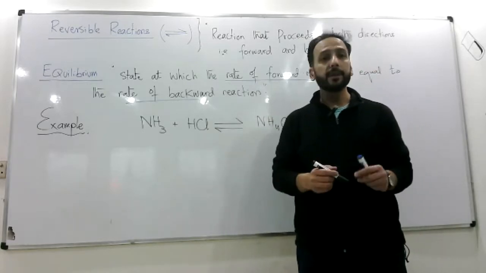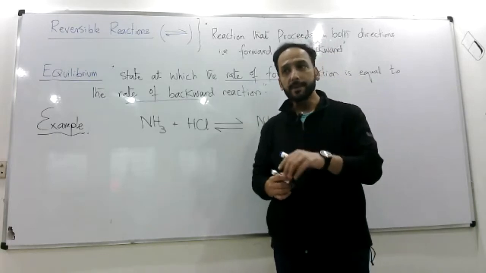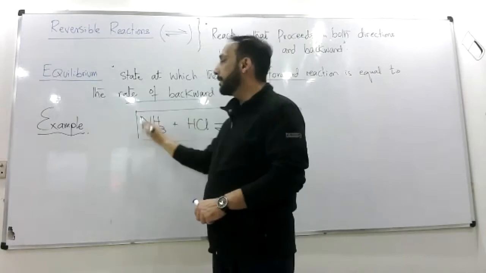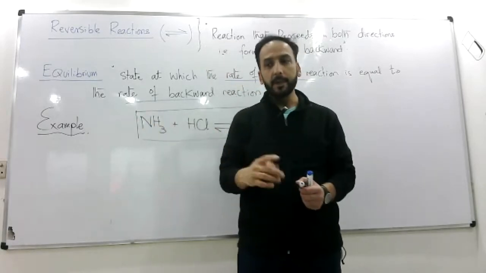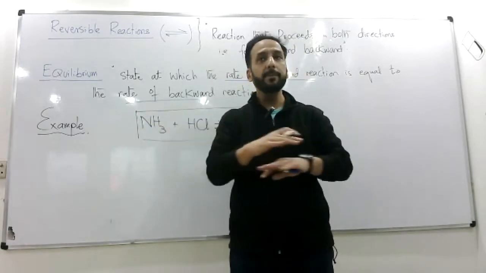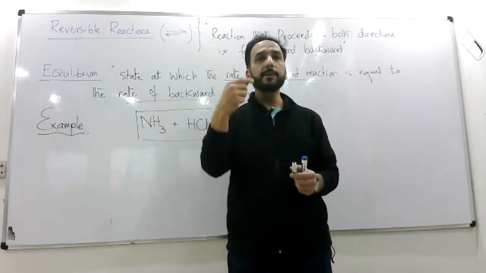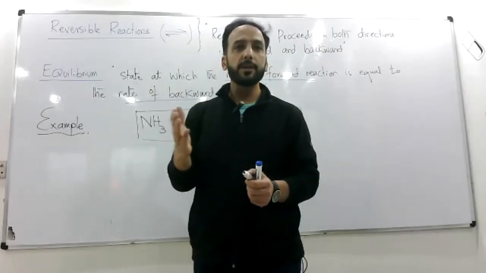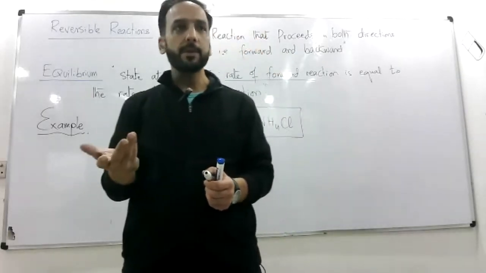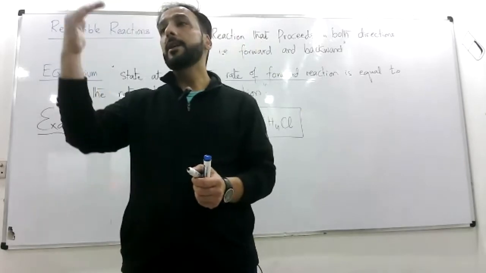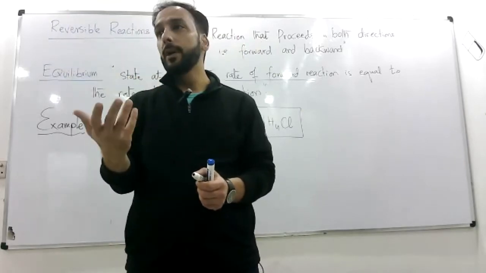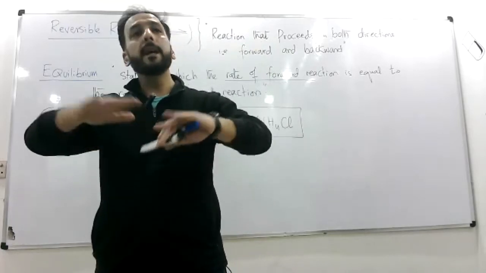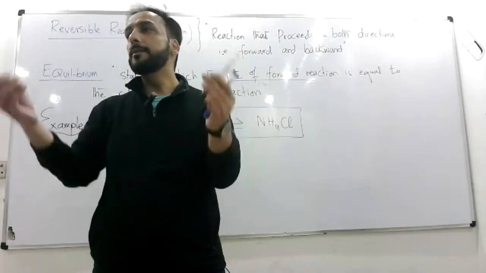And the interesting and funny thing is, chemistry says that if a reaction reaches equilibrium, then it can actually maintain its equilibrium forever if we don't disturb it from outside. Okay, that's a principle. We call it Le Chatelier's principle. मैं लिख भी दूंगा इसकी definition भी आपके syllabus में. So Le Chatelier was the scientist who gave this principle or law. If a reaction is reversible and it reaches equilibrium, then it will stay at equilibrium forever unless disturbed from